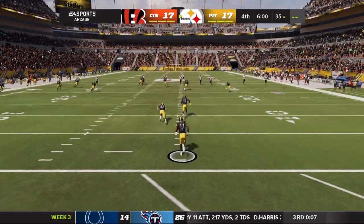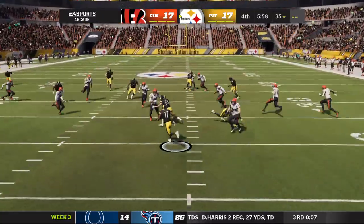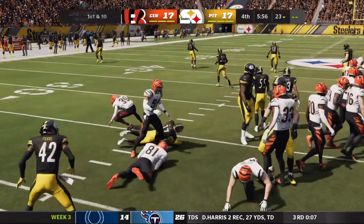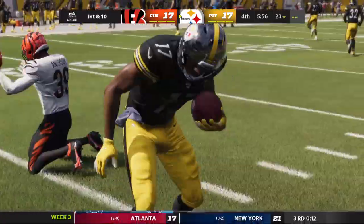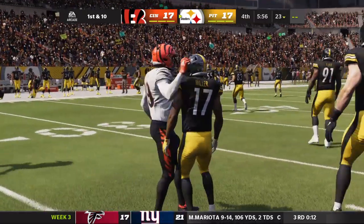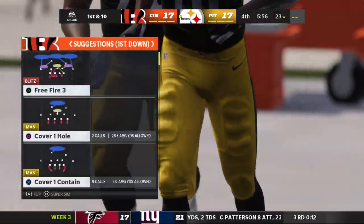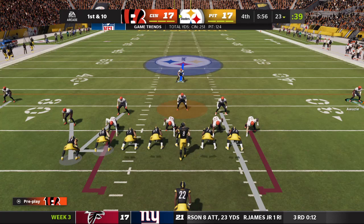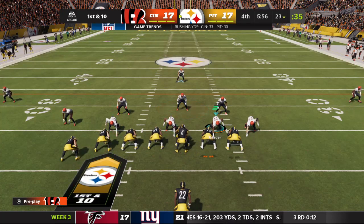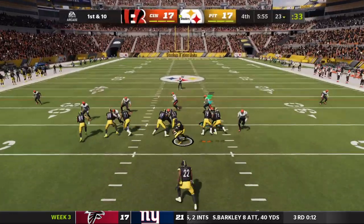17-17 the score. All even to this point as the kick's away. And makes it across the 20 as his guys will set up shop at the 23-yard line. And Pittsburgh getting set to take the field. And we essentially have a brand new ball game. After that last field goal has tied us all up, we brace for what should be an exciting rest to